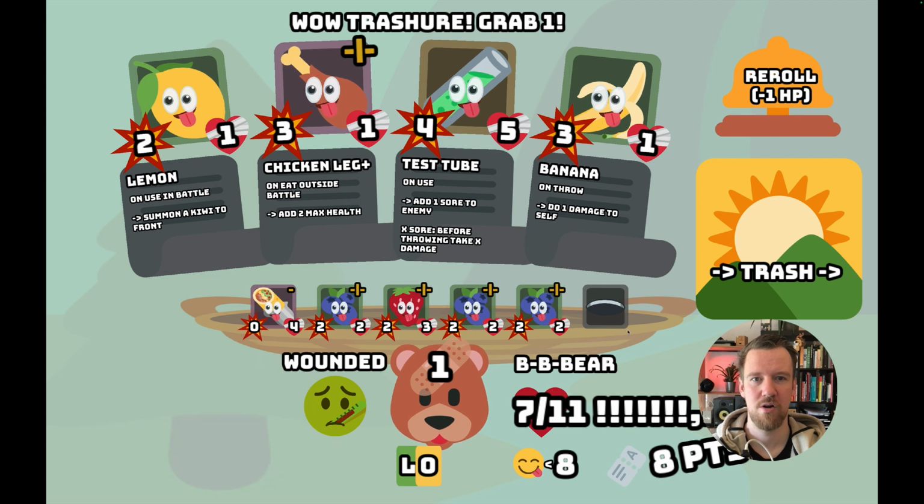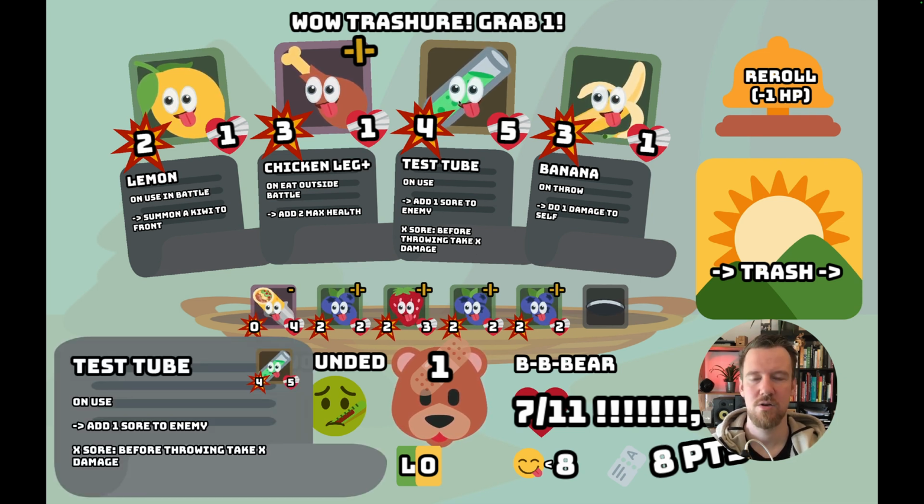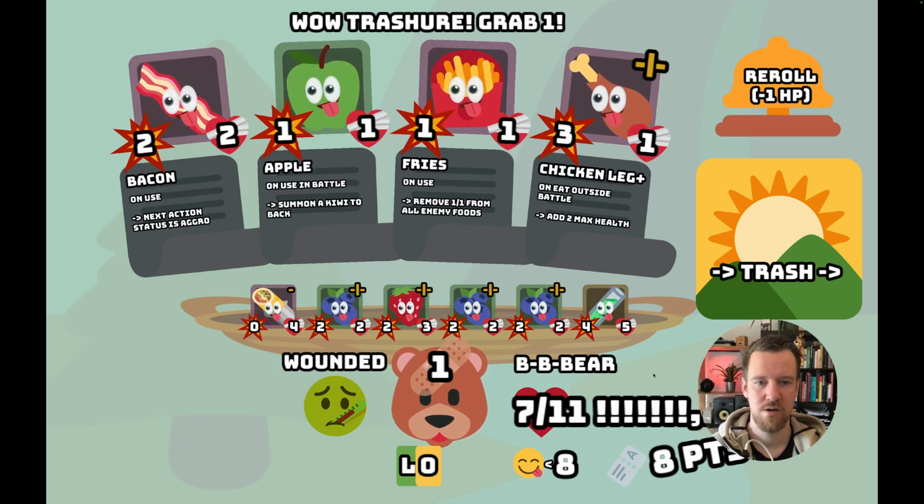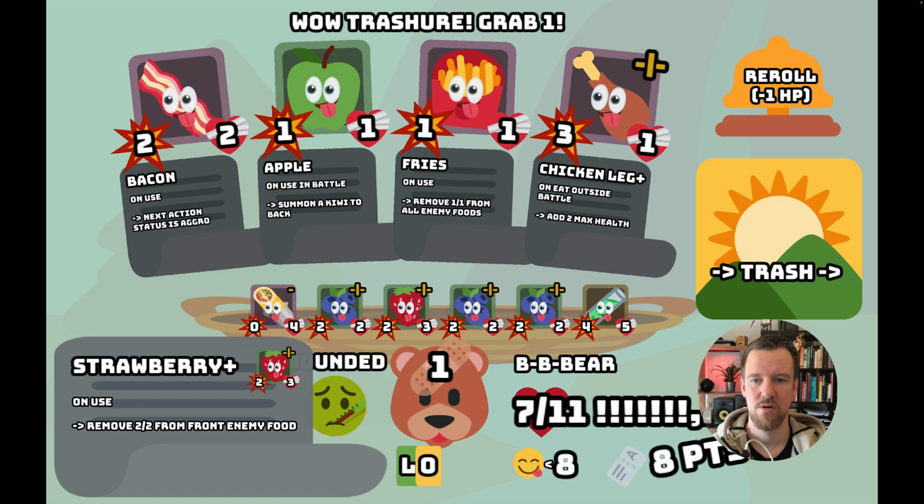So we eat more hot dog. And here we see our first tier 3 food, the test tube, which adds a negative status to the enemy. It adds 1 soar. Soar: before throwing, take X damage, so 1 damage in this case. So I think I will take this one, but I have to find an orange to get it to the front. We can afford some rolling because we have to eat anyway, and I think I will eat the strawberry